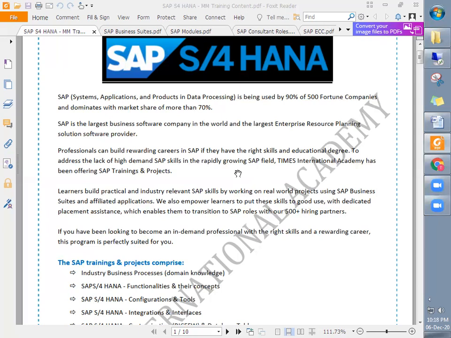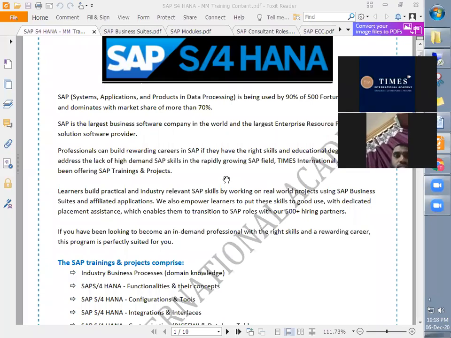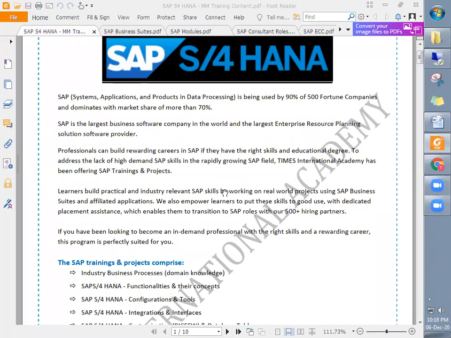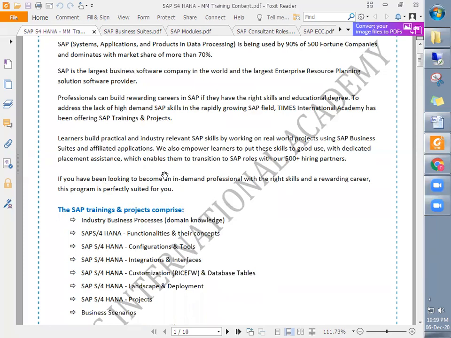That is the reason why you see in India the companies are really offering good salaries, because the projects are being outsourced to India from the US and other countries. That is the reason why in India also, compared to other domains, the companies offer really lucrative salaries. So this is one of the reasons why most of the professionals are now switching to SAP, right?